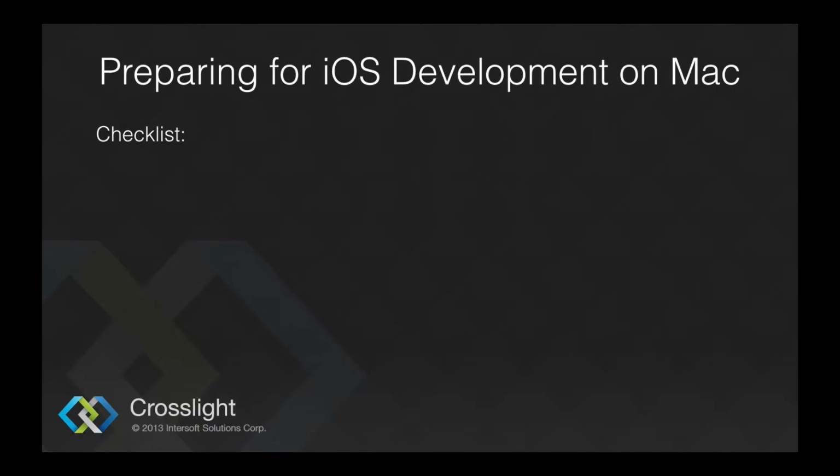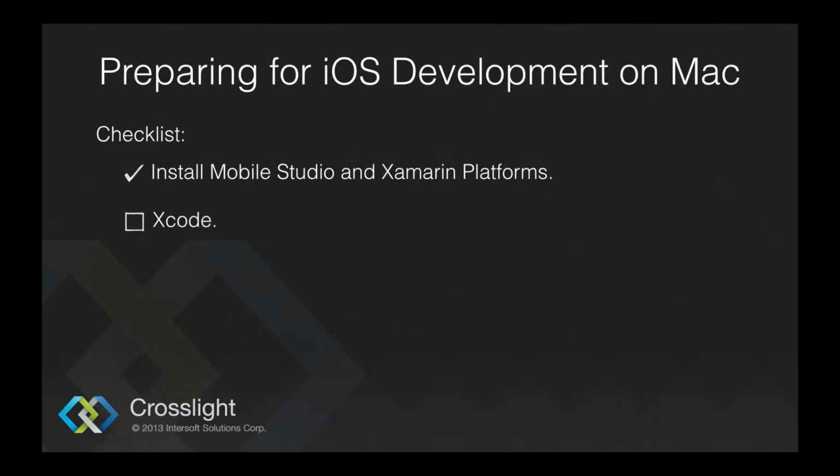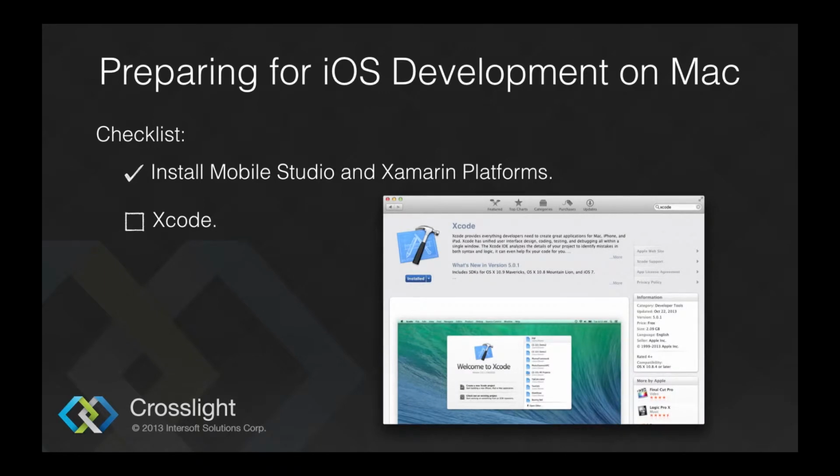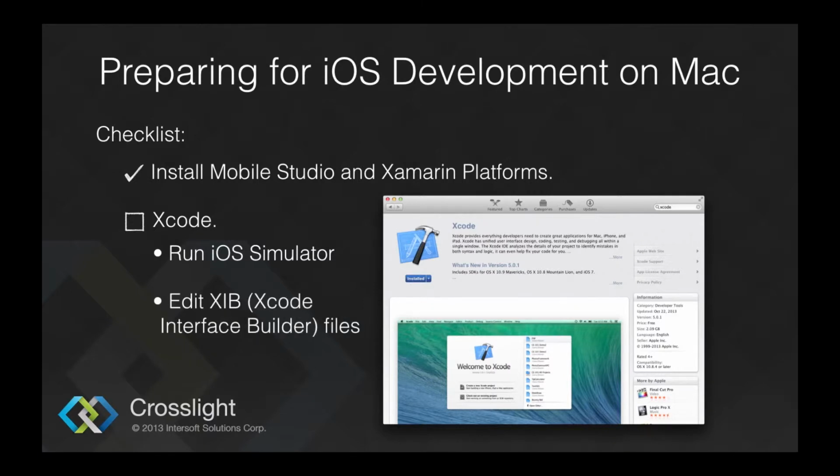Since you have installed Xamarin platforms as well as Mobile Studio, all you need to do next is just install Xcode from the Mac App Store for free. You will need Xcode to run the iOS simulator as well as editing the xib files. The xib files are the interface definition files you would use in an iOS application, and it can only be